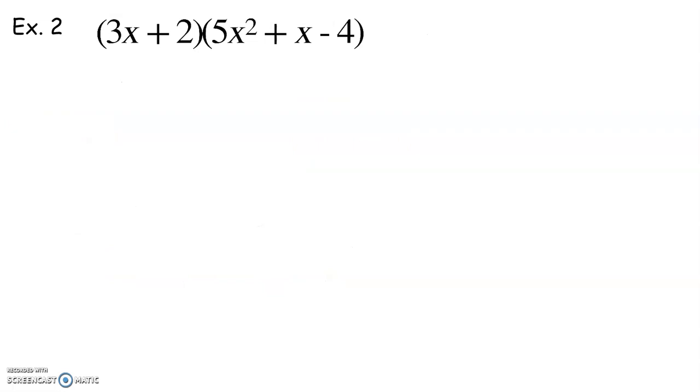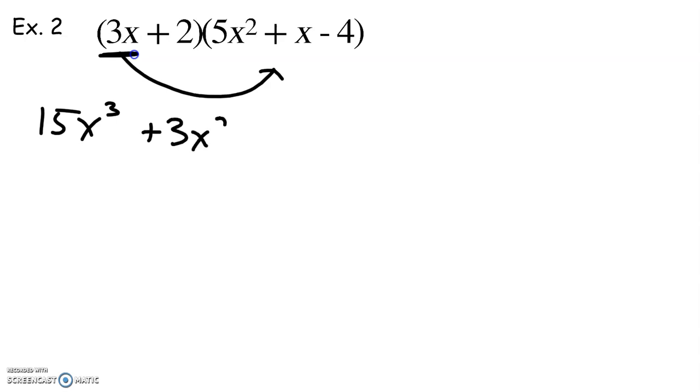The other way we can combine polynomials is with multiplication. So this is basically a big distributive property. What I'm going to do is take the first term from the first parenthesis and I'm going to distribute it to the entire second parenthesis. 3x times the first term of 5x squared, we get 15x to the third. 3x times a positive x is plus 3x squared. 3x times a negative 4 is minus